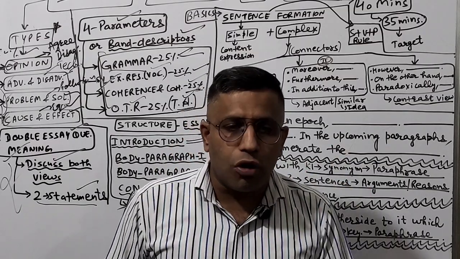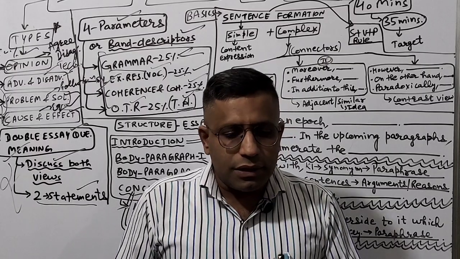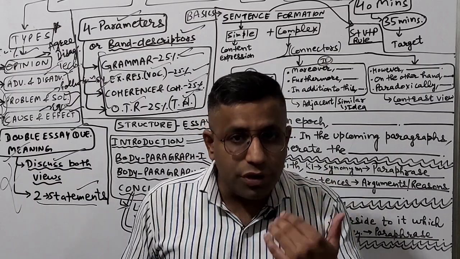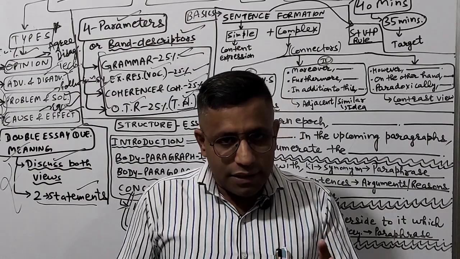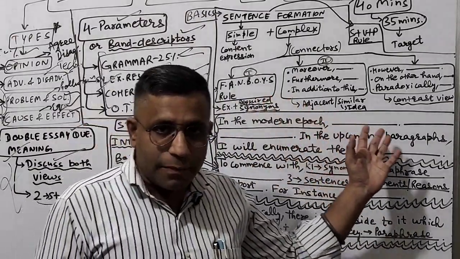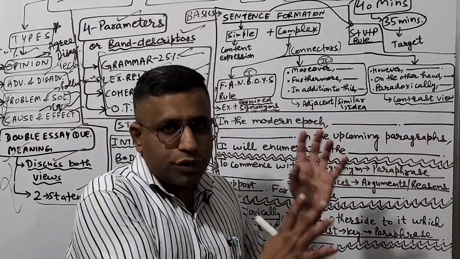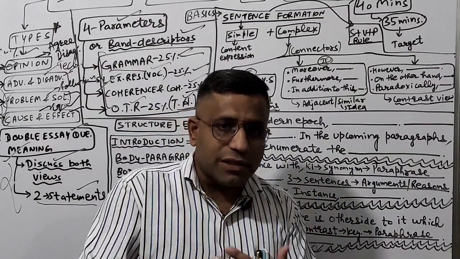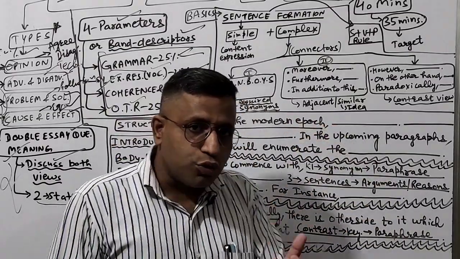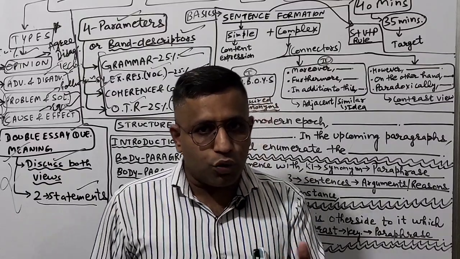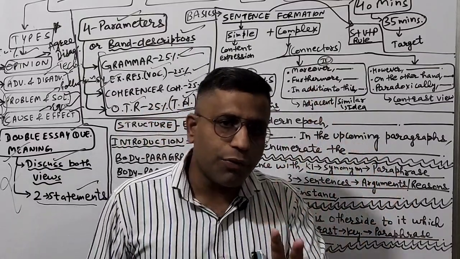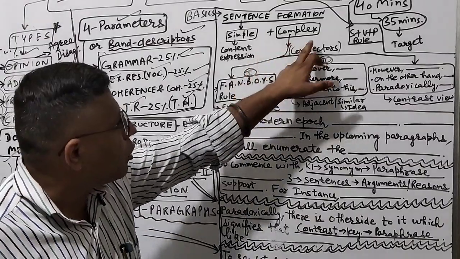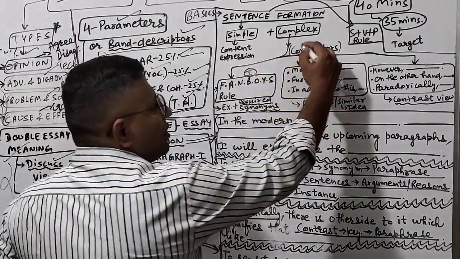Now how to understand complex sentences? Because I have seen multiple students who had issues with what actually is there in complex sentences. See, the things I am going to explain here are not the only things which are part and parcel of complex sentences. There are many other things also. But for a student who wants to score the best band score, these will suffice. Okay. So a simple sentence means the content expression. Now what is there in the complex sentences? So it will have the connectors.